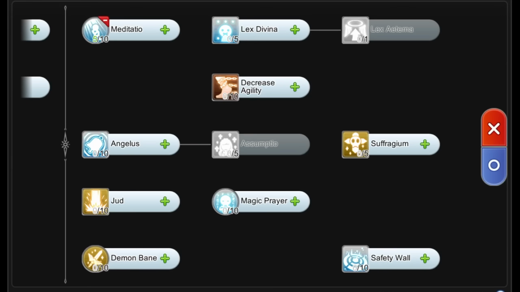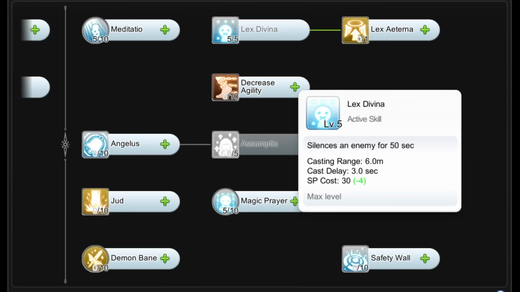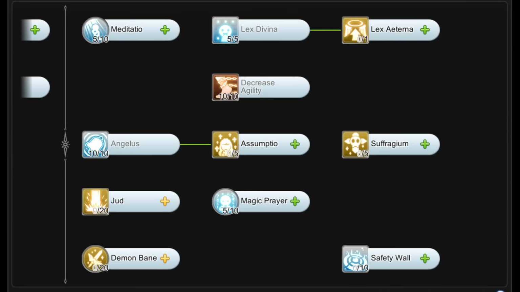For the High Priest skills, you should prioritize getting level 5 Meditatio, which increases max SP and SP regen, level 5 Magic Prayer, which reduces SP cost when using skills, level 5 Lex Divina to silence enemies for 50 seconds, level 10 Decrease Agility to slow down enemies, making them easier to be killed by your DPS,